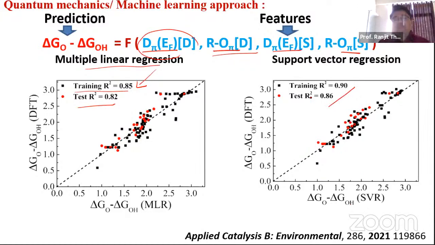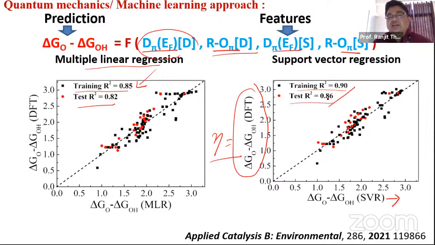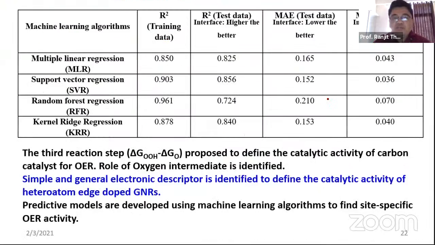So overall, we have shown that if you consider this as a feature and you use a machine learning technique, of course your predictability is increased, considering the DFT delta G OH, O minus delta G. This is of course overpotential, meaning activity. This whole application will be on this. So overall, how much the SVR is calculating and how much DFT is calculating, the training and test sets are matching very well. So if I go to next,